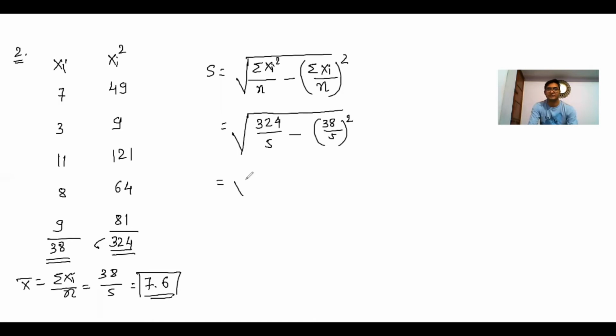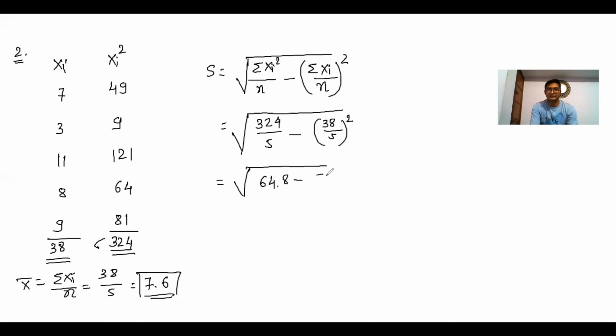Now under root, 324 divided by 5 is 64.8, and 38 divided by 5 is 7.6, and the square of 7.6